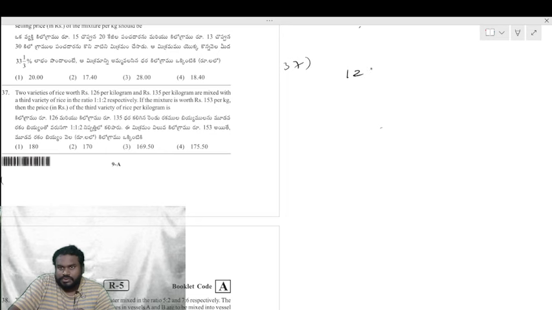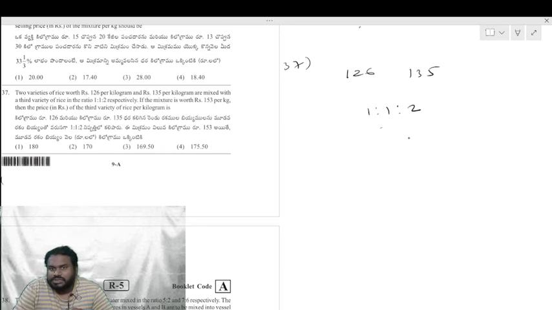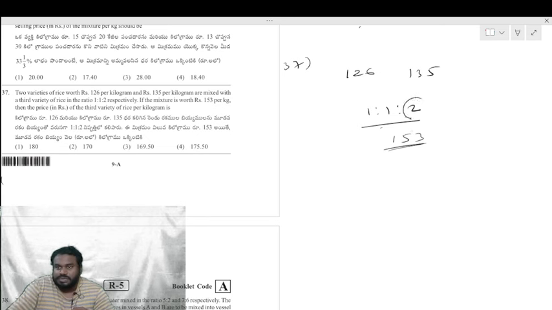One is of 126, the other is of 135, mixed with another rice in the ratio 1:2 respectively. Okay, and if the mixture is worth rupees 153 per kg, selling it for 153 per kg, then what is the price of the third variety of rice per kilogram? So he is asking for